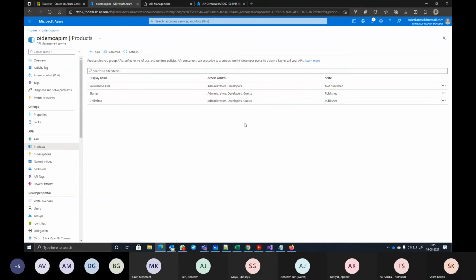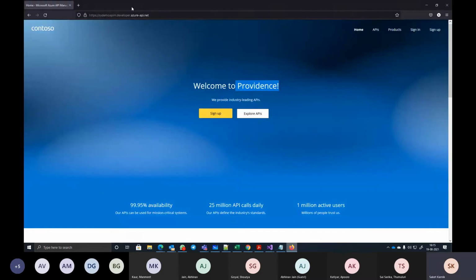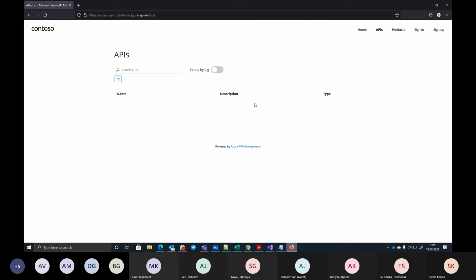Yes. Here in Firefox, if I say refresh, I say explore APIs. I'm able to see Echo API because for this, even guests have the access. My API is not listed. Even if I say sign in,